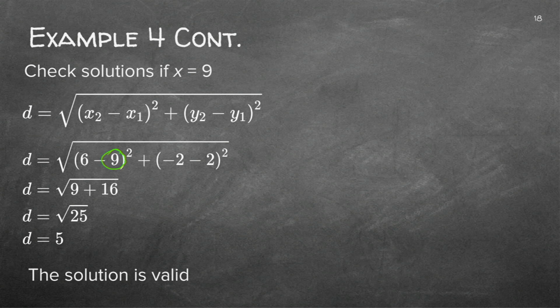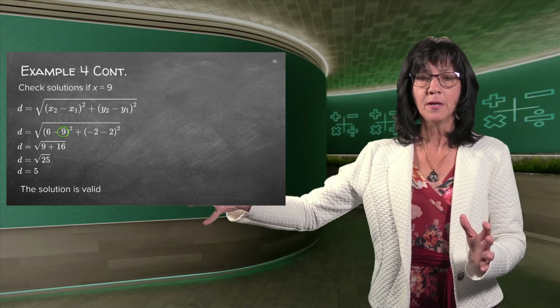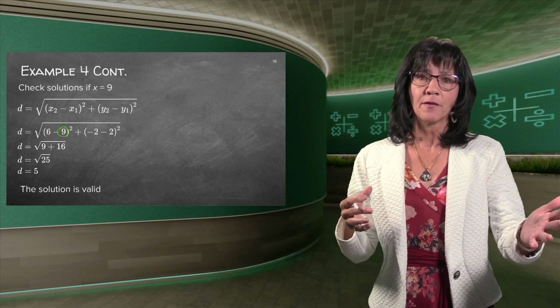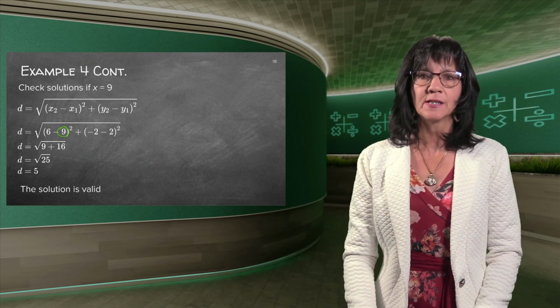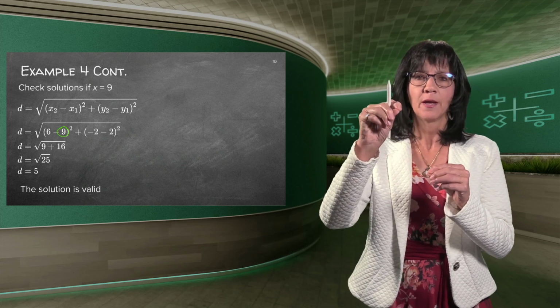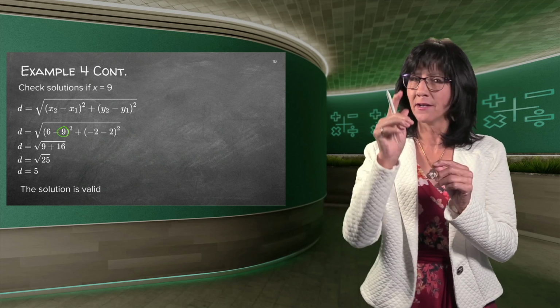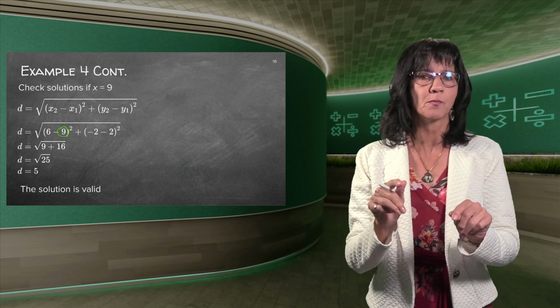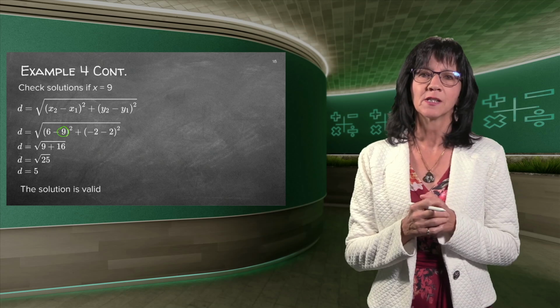But please don't waste time doing this in a test or exam if there's still lots of problems to be done. First, go and do your whole paper, and if you're done and there's time available, then you can come back and do these last 2 tests, which is really not necessary, especially if you've drawn the sketch. On the sketch, you can clearly see that 9 was possible and that 3 was possible. So most probably that is my answer.